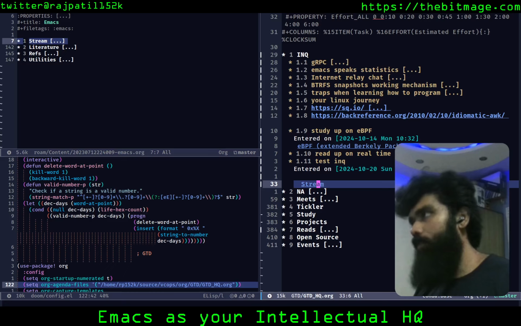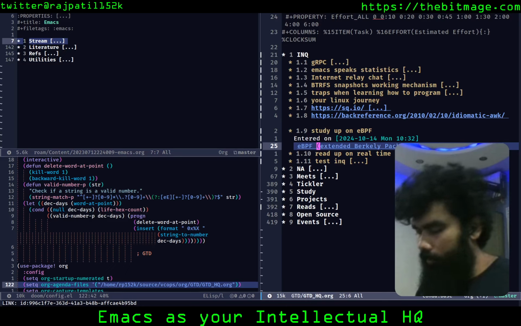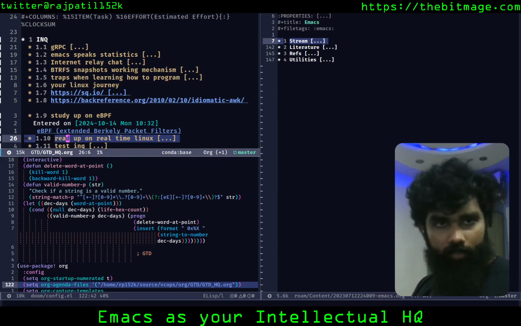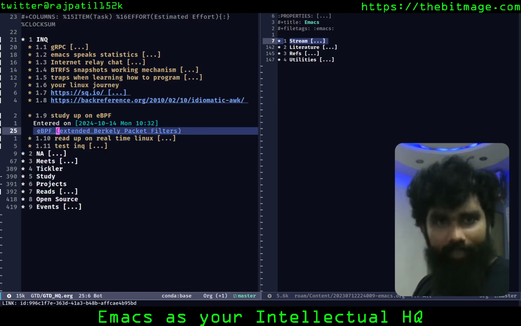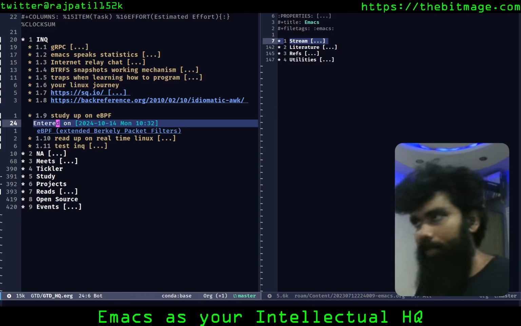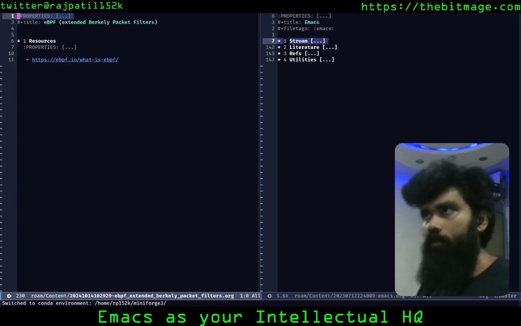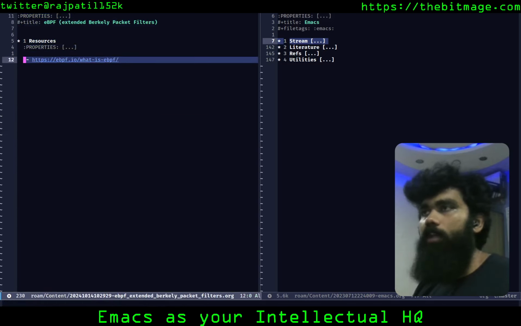So for example, I was reading up on eBPF, the extended Berkeley Packet Filters, a while ago. How long ago? It was just this Monday, I think. There you go, the date helps. So I'll push this here. Now you should be able to see it better. I think that's been done by automated Elisp functions and everything. So if I hit enter on that, it is just going to take me to the place where I was actually reading up on extended Berkeley Packet Filters, eBPF. There you go. I had some resources in there where I would like to read up more.